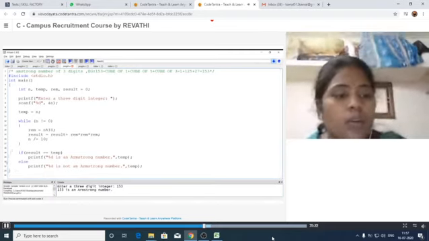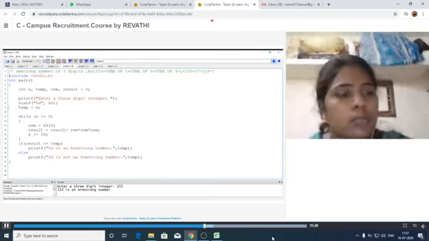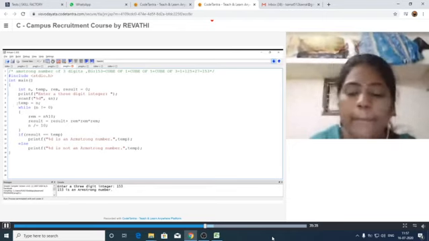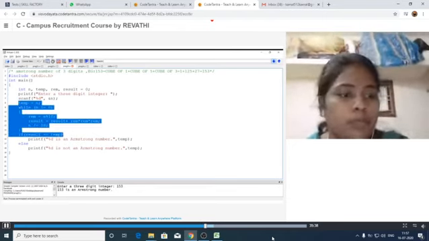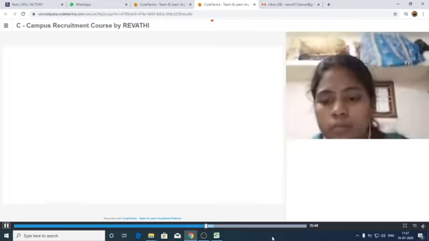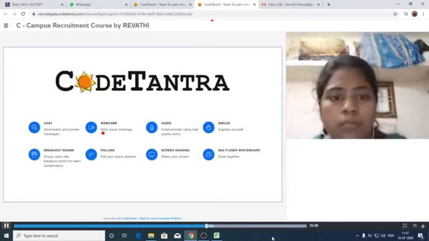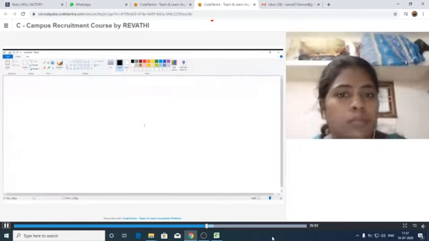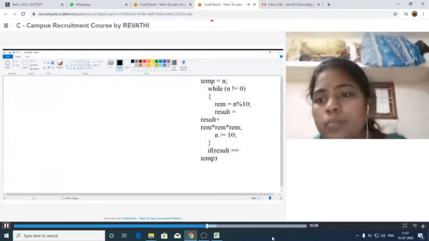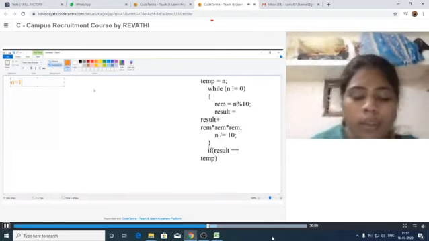Let us trace out this one. First of all, let us take n equal to 153.